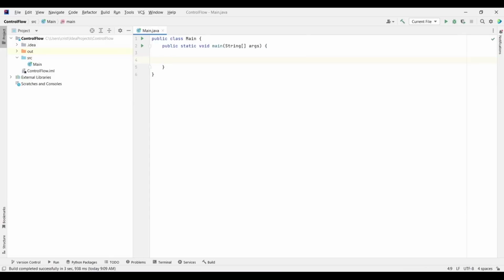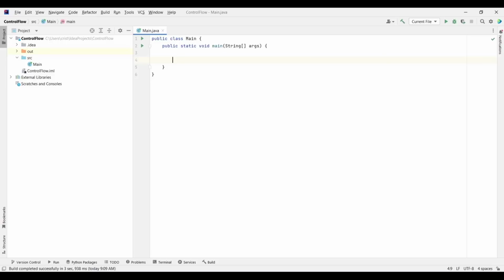And the while loop is used in situations where you don't know how many times you want to loop, but you know that you want to loop until a certain condition is true. For example, let's say that you want to display a dialog while the user is typing something in an input. So in those scenarios, you use the while loop.